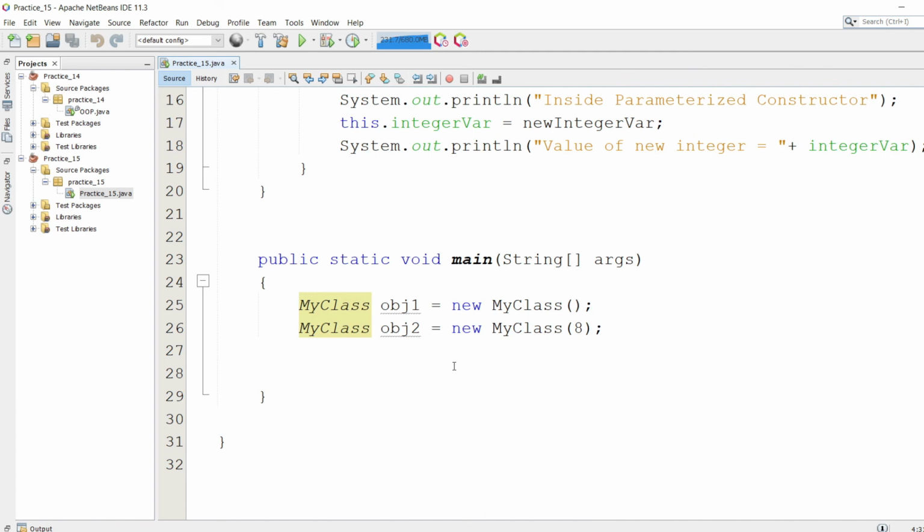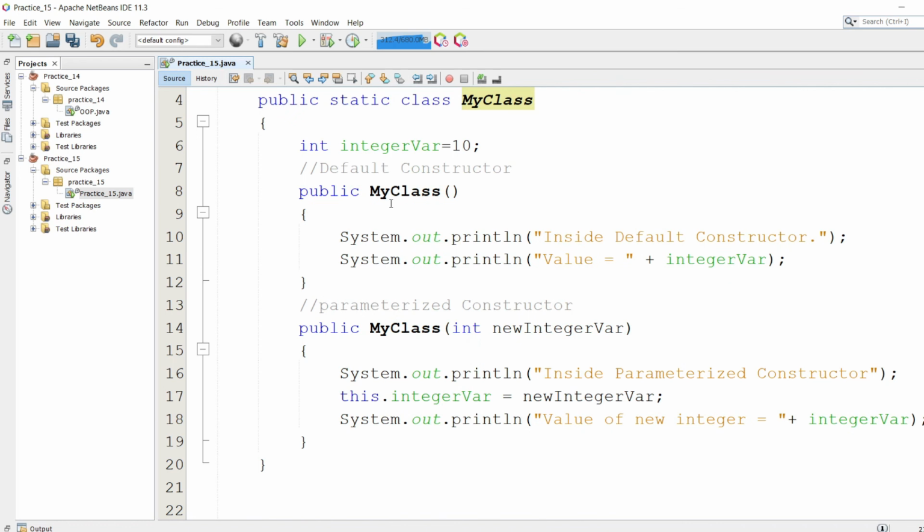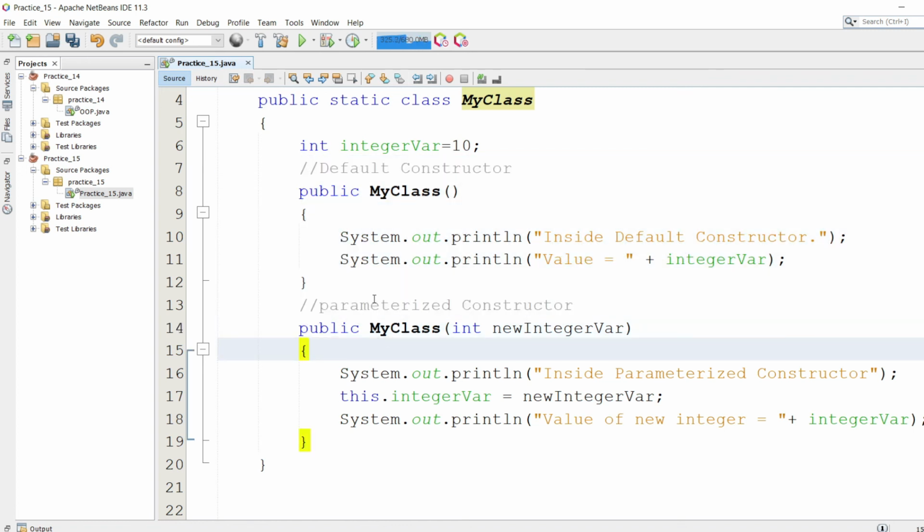So I hope that you have understood the concept behind the constructor, how to create the constructor and how to call the constructor. I hope you have also understood the difference between the constructor and method, and some of the concept behind constructor overloading as well. So in the next lecture video, we're going to cover method overloading. So we will meet you in our next lecture video.